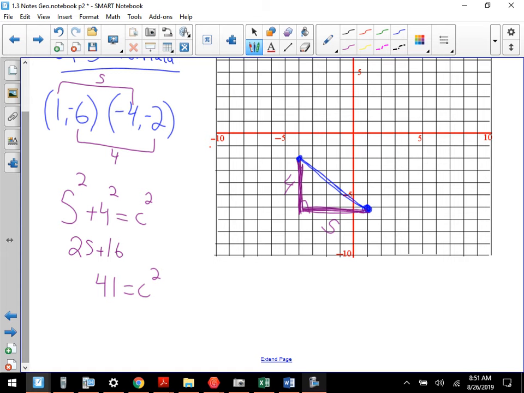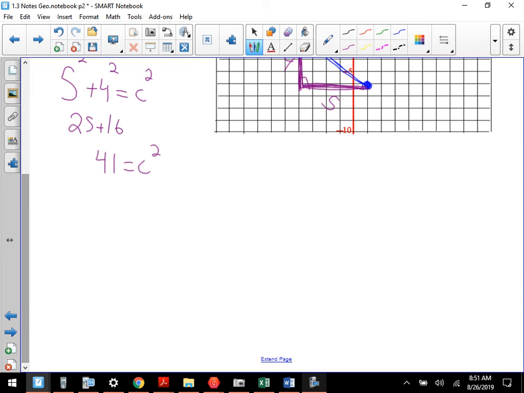And then you just, how do you undo squaring? Square root. Yes. So your answer, if you have the multi-view calculator, would be the square root of 41. If you have the calculators that have the decimals and stuff,